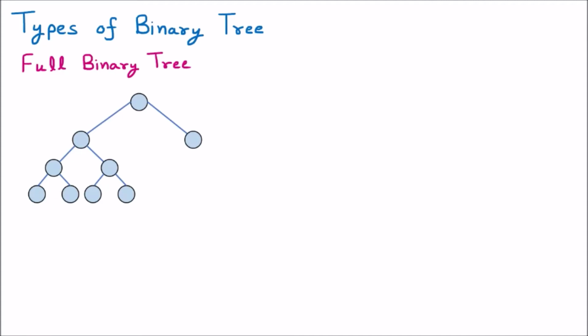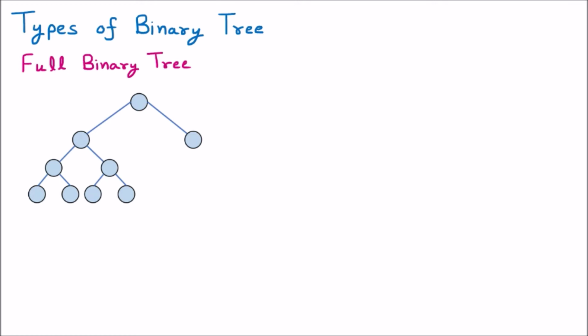Now we are discussing the topic which is types of binary tree. We know that binary tree means two. Two means there can be two children maximum. Whenever a tree is having 0, 1 or 2 children, that is called a binary tree. Means maximum 2 children are there. Now here we are having multiple types of binary tree.